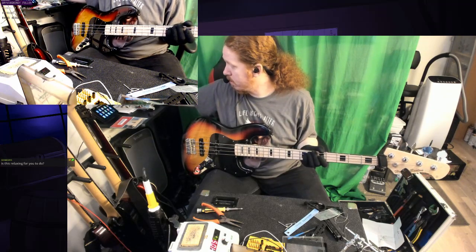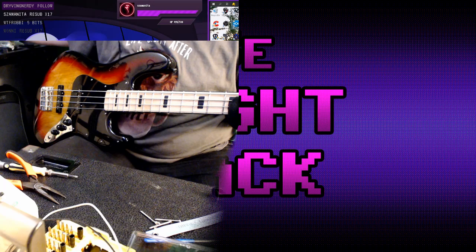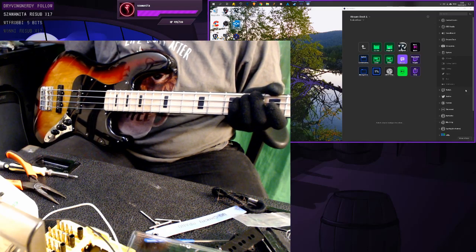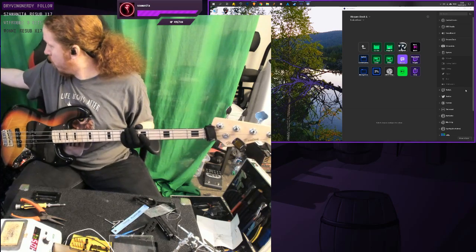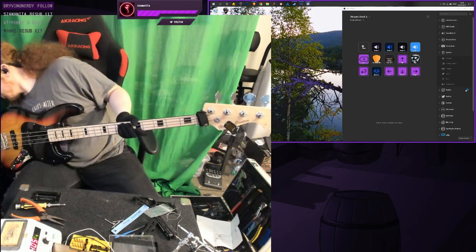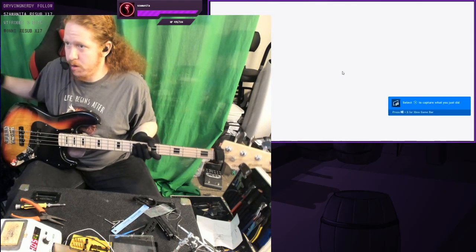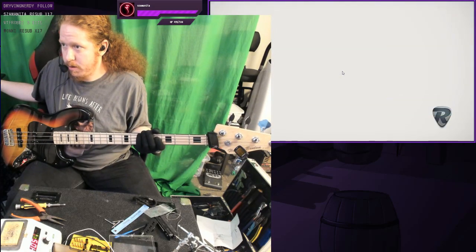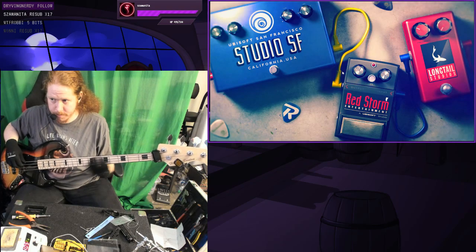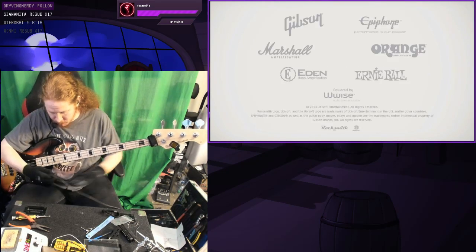So let's see. Rocksmith. There we go. Oh yeah, I don't have the camera swap on this one. Uh-oh. That would be the second cup I would spill. I just want to test the sound on this one, just to make sure I have actually done it correctly. I could have just hooked it up to my little amp over there, but...